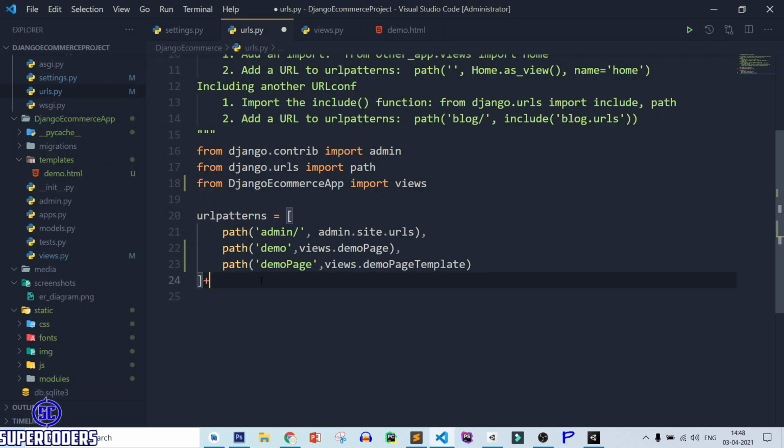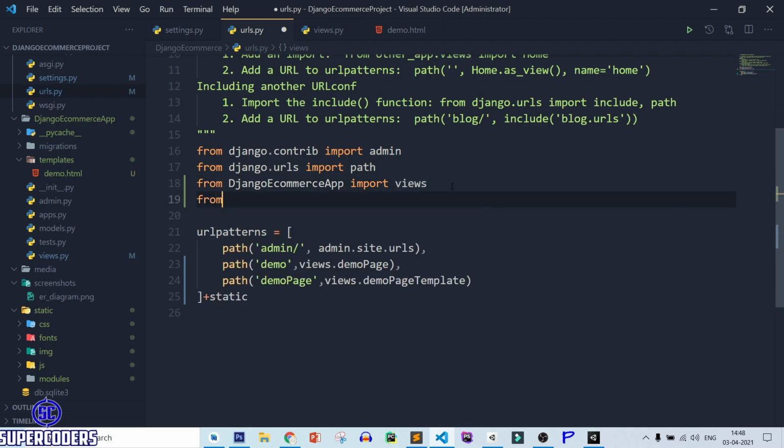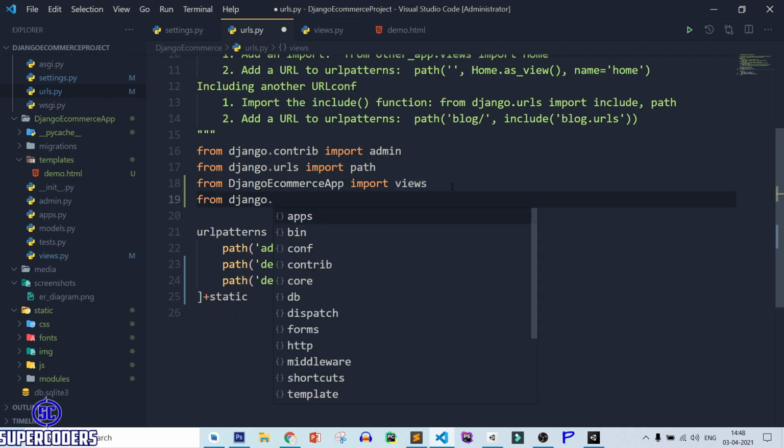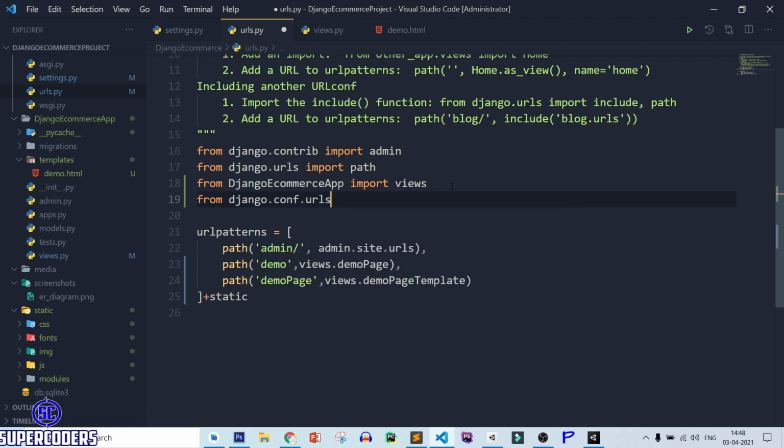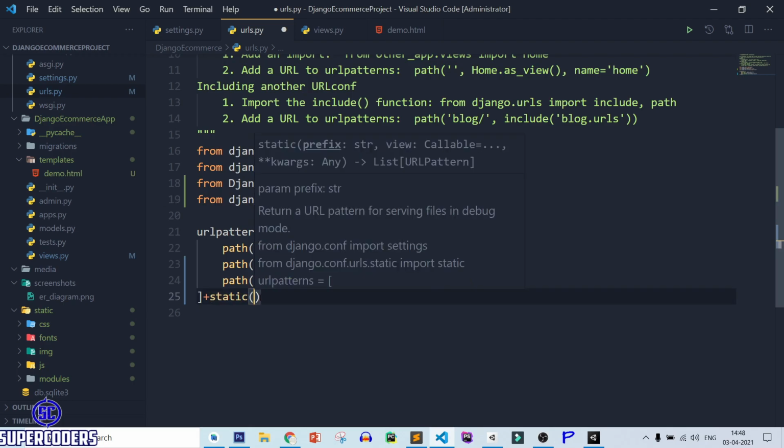For this you need to add plus, then static. Let's import static, from django.conf.urls.static import static. After that you can see static has been imported, then you need to pass settings.